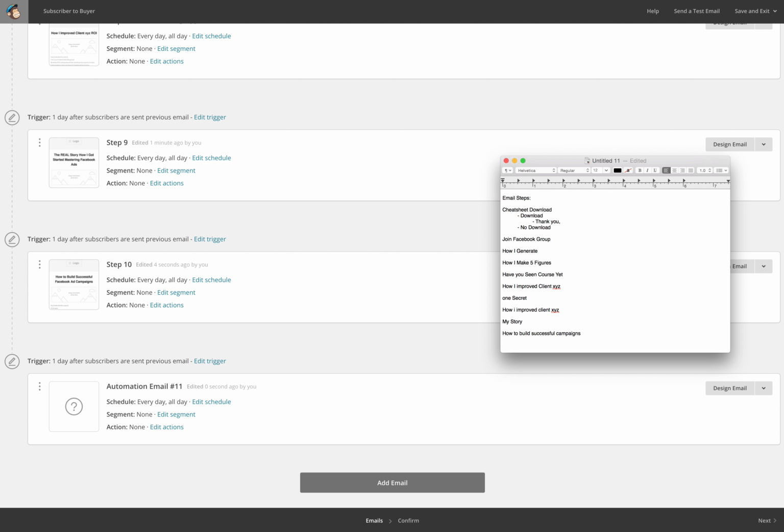let's label this so that we know what we're doing. Join Facebook group, immediate link, because you're more likely. No download, continue sequence. Well, we're going to be able to know who's,